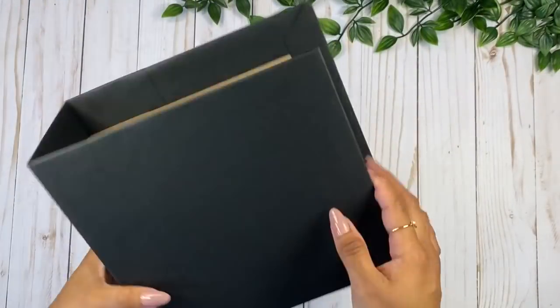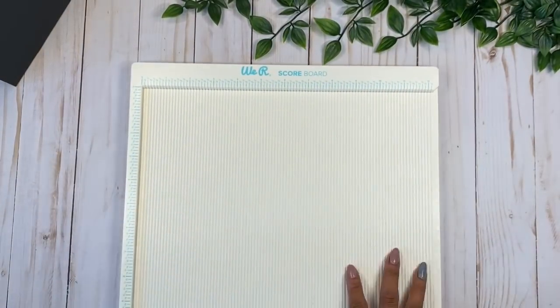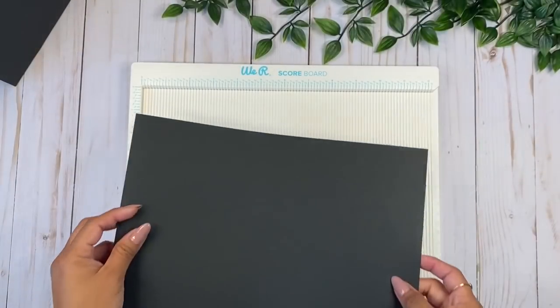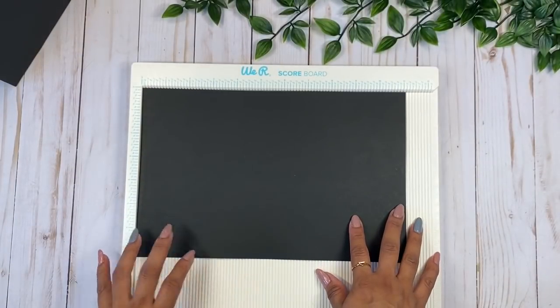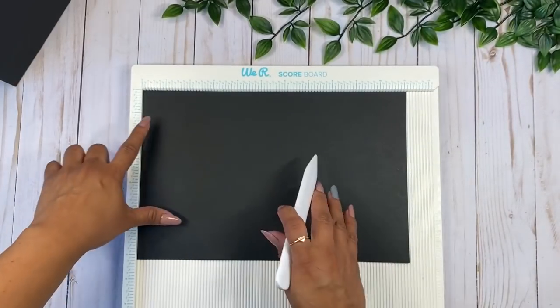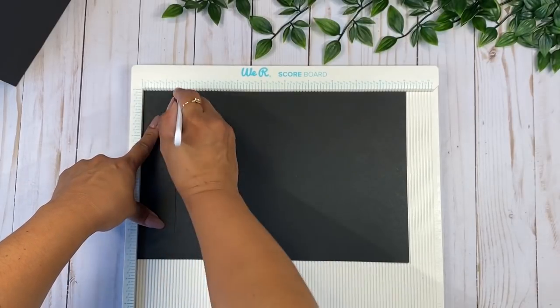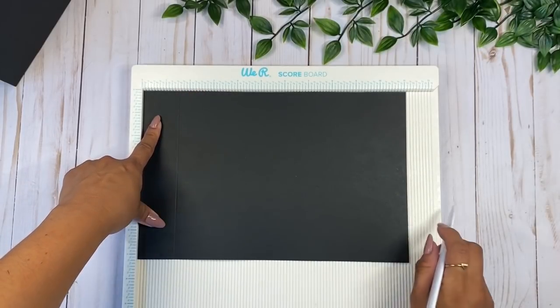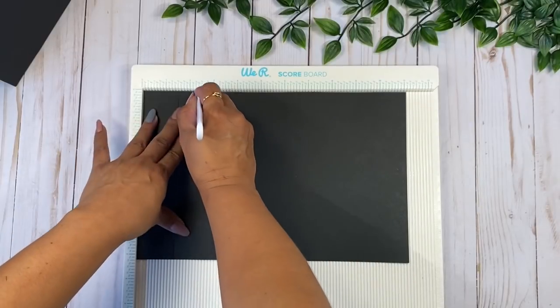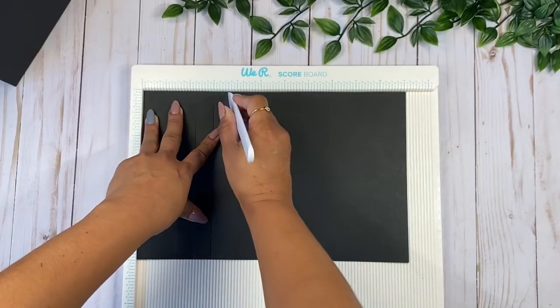So here is the base that we just did, and now we're gonna work on the hinges. For that, I'm going to use again some lightweight cardstock, and this piece measures 11 inches by 7.25, and I'm going to score at 1.5 inches. And then I'm going to score every 3/4 inches all the way down. So I'm doing 2.25, 3,